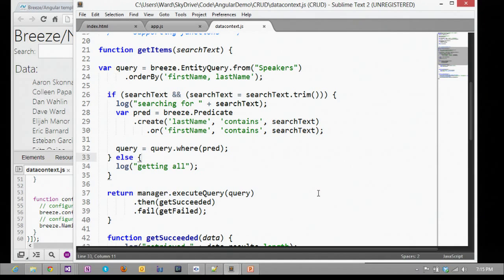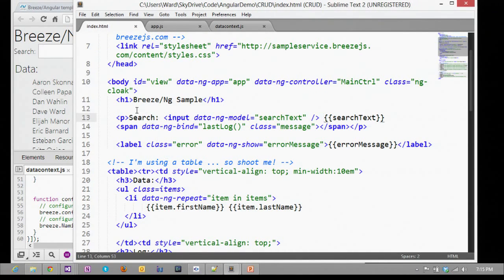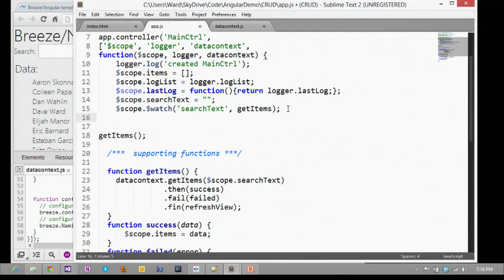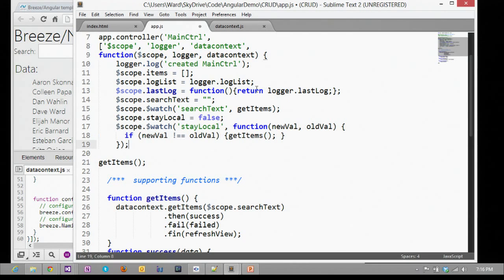So we want that to be at the user's option. So up here in the HTML, I'm going to say no, stay local. I'm going to put a little checkbox up there that binds to a stay local property. So when I check it, I'll stay local. Now it's got to bind to something, so ng-model stay local. So there's my stay local variable, and I'm going to watch that guy too, because when he fires